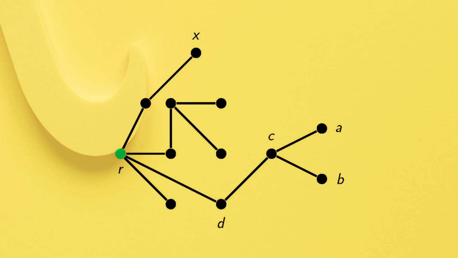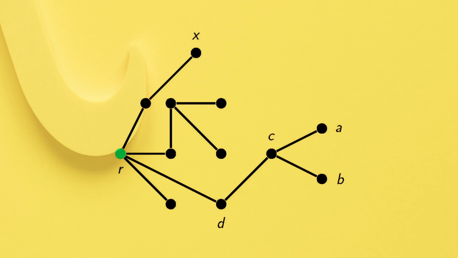We can say that neither X is an ancestor of C nor C is an ancestor of X, because there is no path from the root to some vertex that contains one of these two, right? Now look at these two vertices A and B. The vertex C is just one edge away from A and B, right? So in that case, C is called a parent of both A and B, and A and B are called